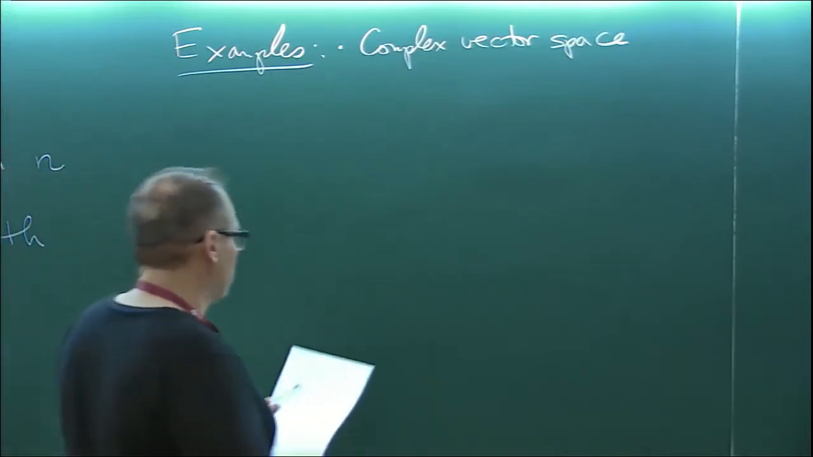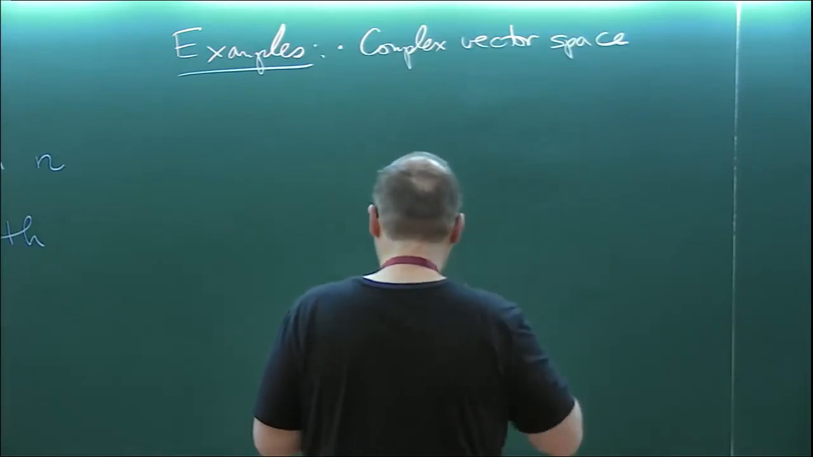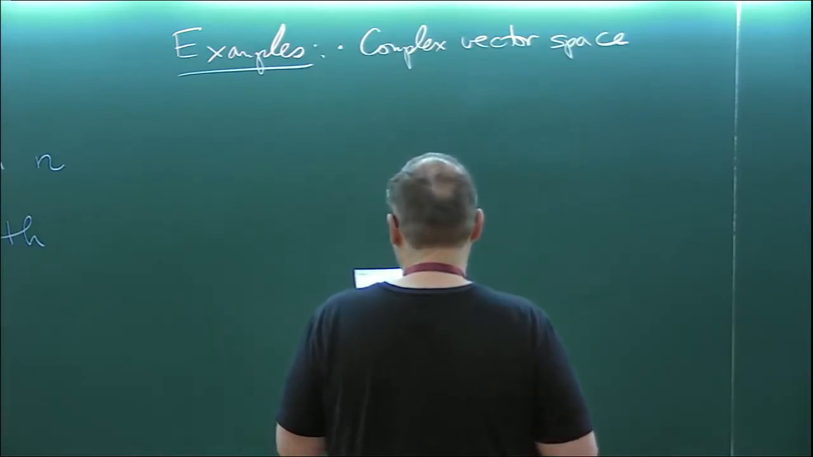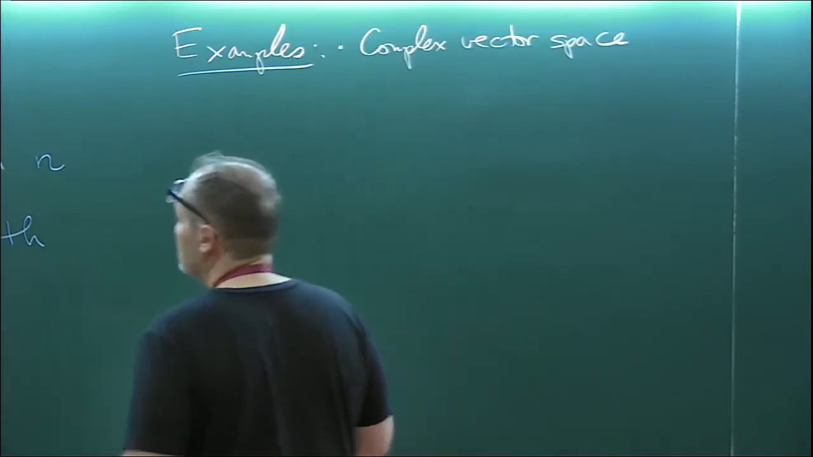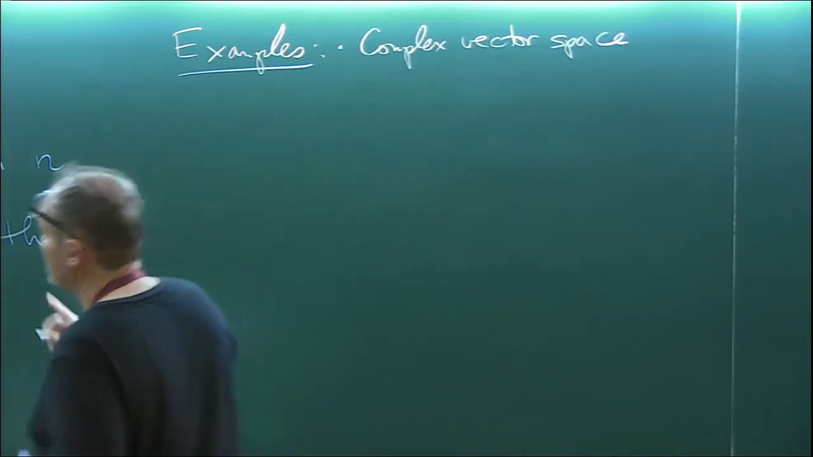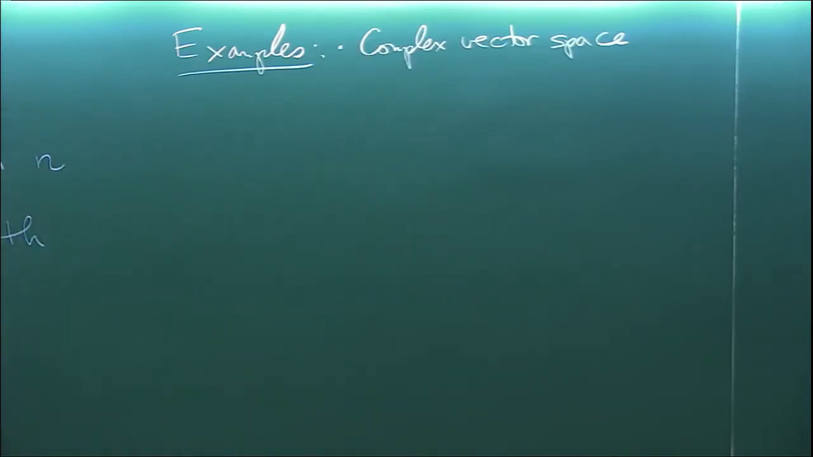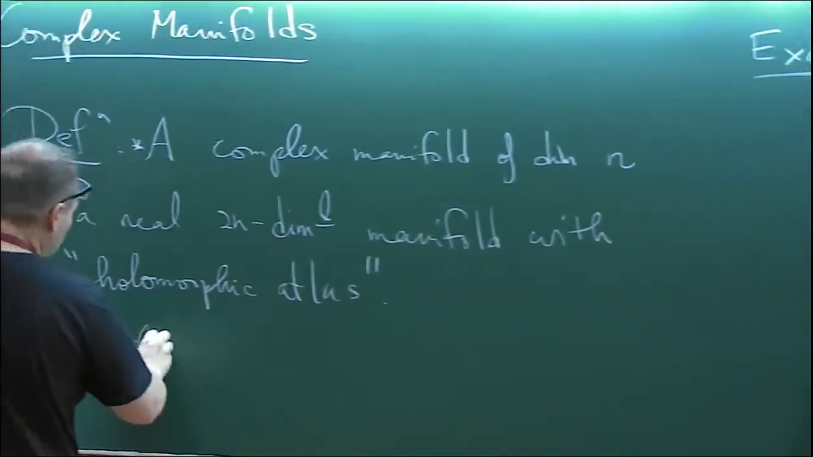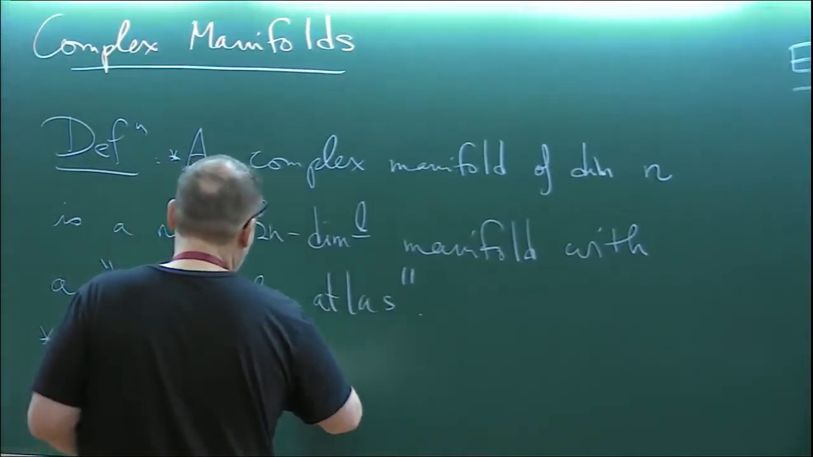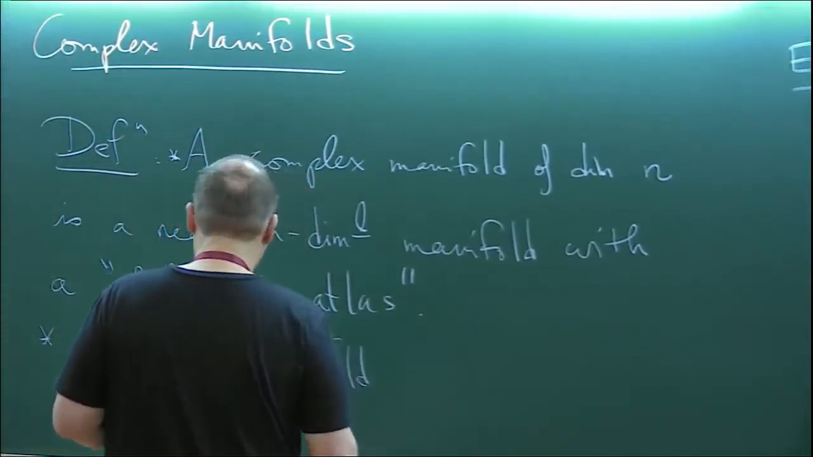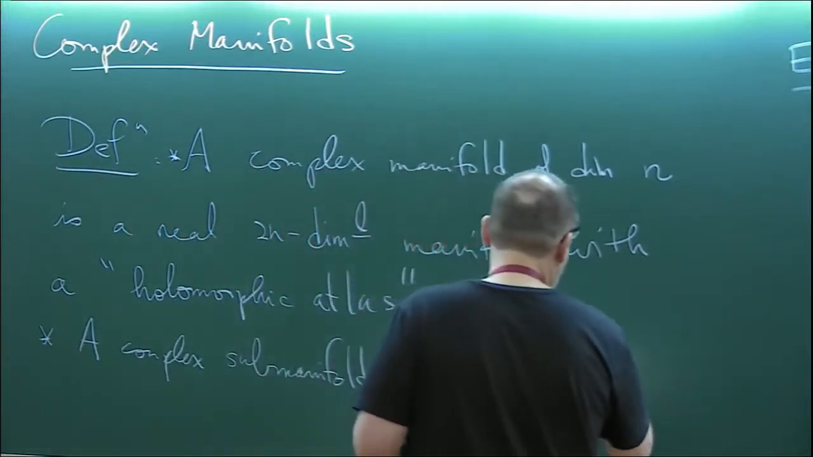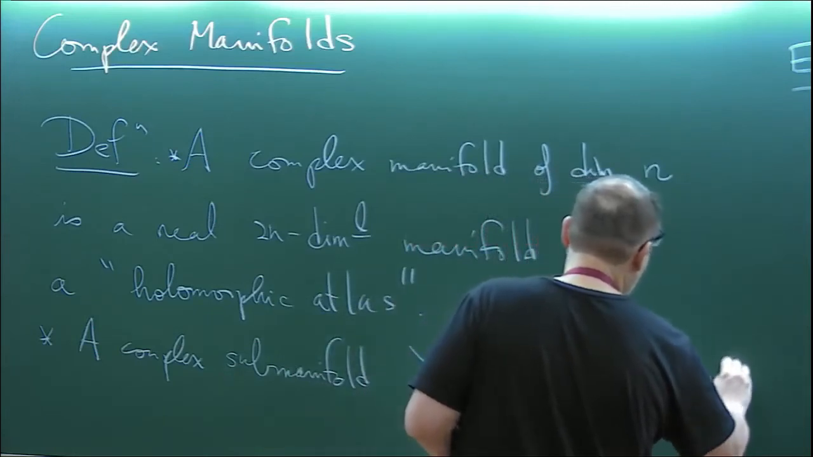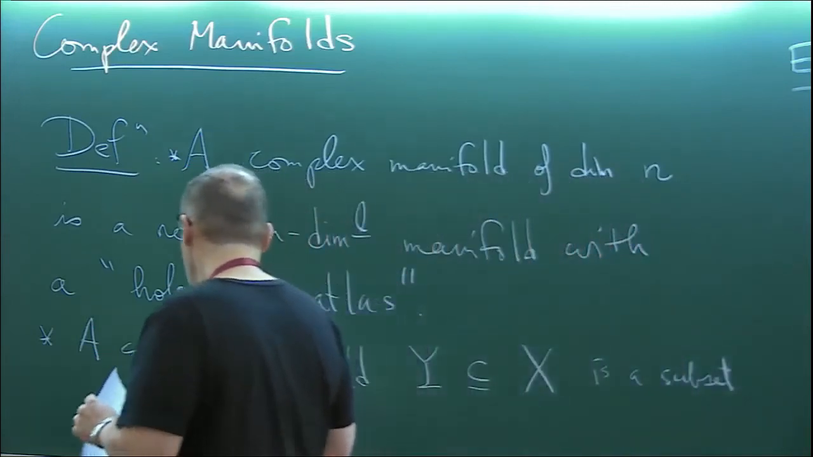Okay, so this will be the first example. Maybe before I go on to the second example, let me say what I call a complex submanifold. A complex submanifold, say Y in X, is a subset such that